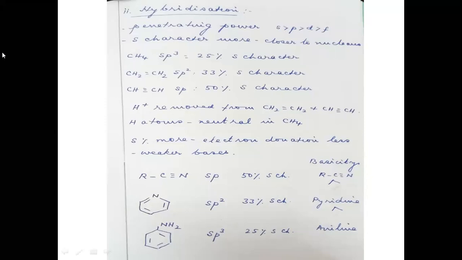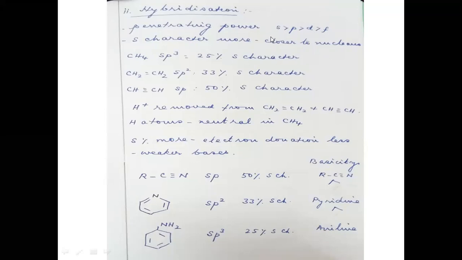You should take the orbitals of one principal quantum number. See, if you are going to compare how close an orbital is to the nucleus, you should not take 1s and 2p and 3d and 4f. That is not a good comparison. You should take 4f, 4d, 4p and 4s. All the orbitals are of the same principal quantum number. Then you can compare the penetrating power of the orbitals.